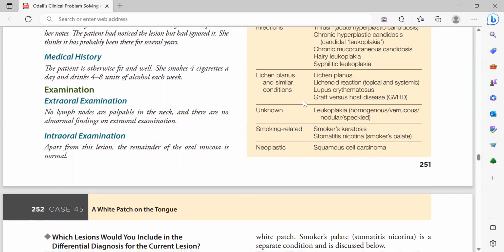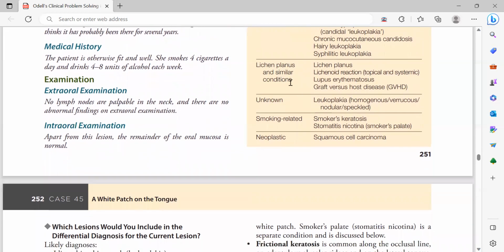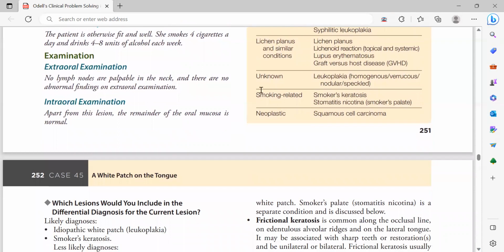So these are immunity-based diseases, immunological diseases, and they also appear white in color. And unknown origin, which is the leukoplakia, as we read in TG. So leukoplakia is of unknown origin when you have ruled out every other thing. So that's the point where the leukoplakia is.